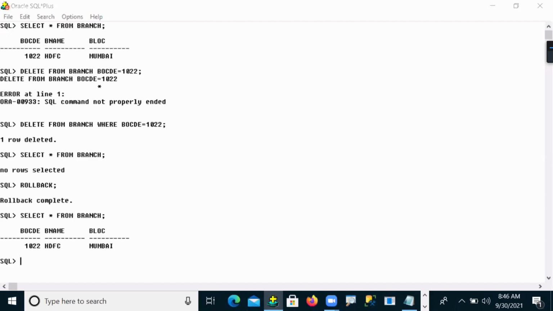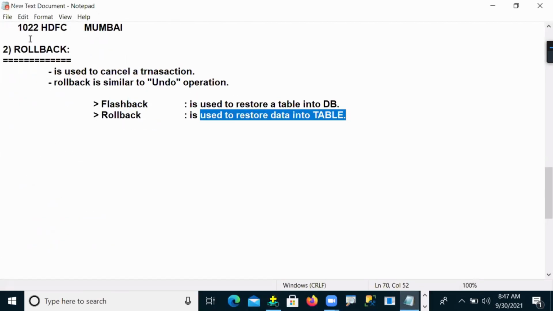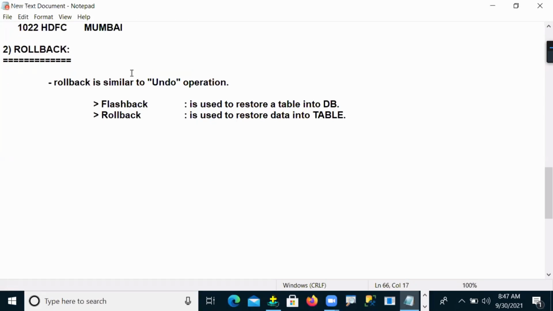So the present position is cancelled, and it goes back to the previous position, and we successfully restored the data. Okay, so this is the rollback transaction. Whenever you want to cancel your transactions and get back your previous position, you can use rollback.